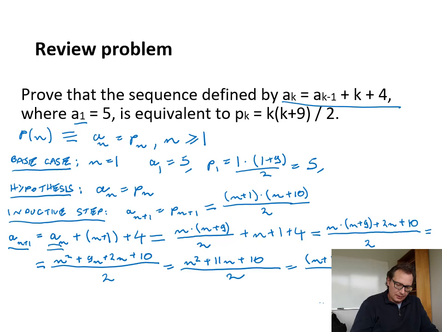Okay, that's it. So we showed that a of n plus 1 is equal to p of n plus 1, and we used the hypothesis to do that, and that wraps up this proof by induction. Okay, so those were 3 proofs by induction that I wanted to do as a review, because I think proofs by induction are really important. And now we can